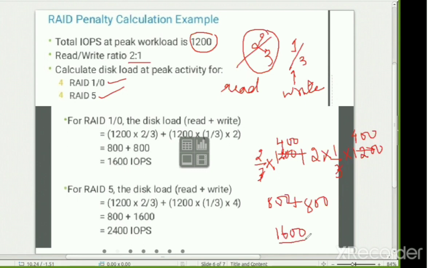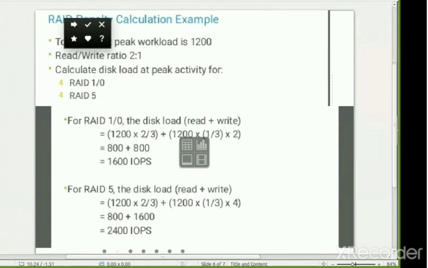So this much is performed whenever you go for RAID 10. Please remember this. The same way for your RAID 5. Whatever value you put here, that is 2, you can see the value 2 here, it has to be replaced by the value 4. So you have to replace it with the value 4. Then you are going to get the input and output per second for the particular disk. Okay, so I think this is not a problem.